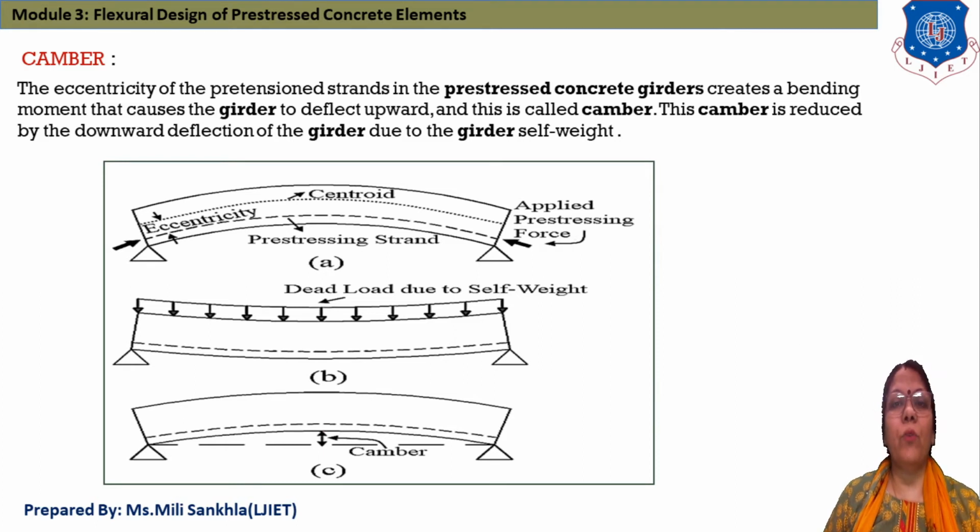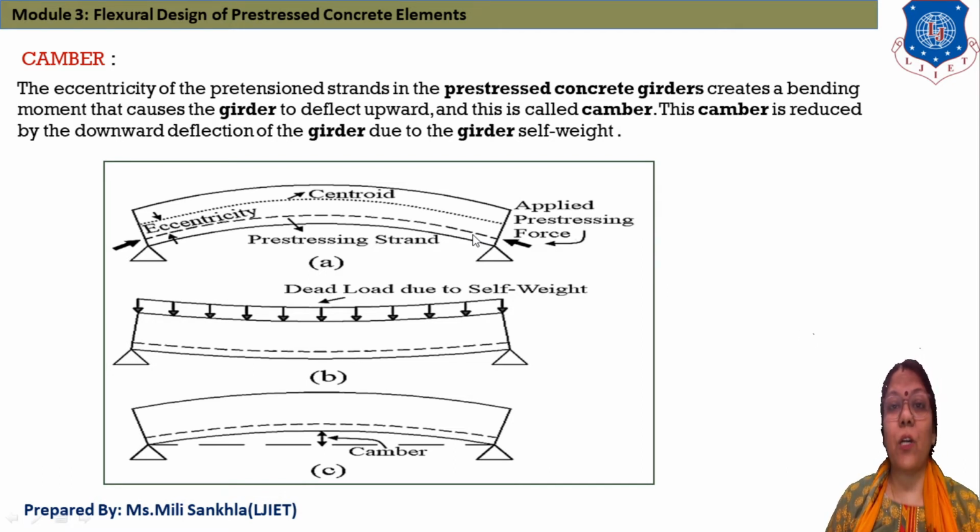Now today we discuss our first topic, that is camber. To explain the term camber, here I take three images, one by one. In the first image we can see that whenever a pre-stress concrete member is subjected to pre-stressing force, because of this pre-stressing force of steel transferred into concrete, our pre-stress concrete member deflects in the upward direction. This is the condition before loading.